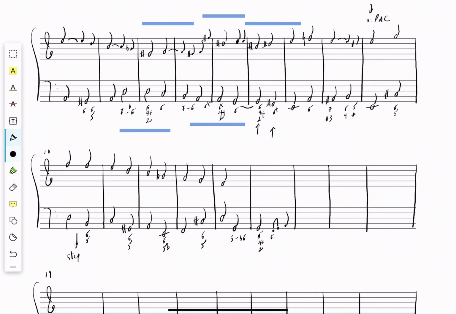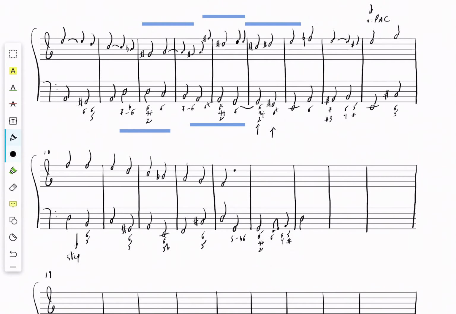6, and then here the 6, 4, 5, 3 suspension based dominant, and then to the tonic. Our soprano part will also mirror measures 2 and 3. Well, first of all, we need to